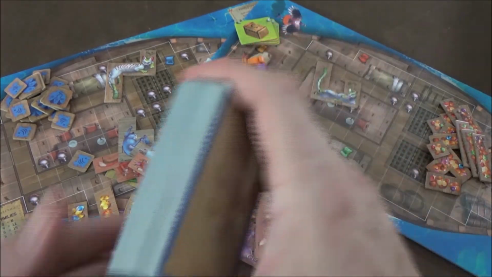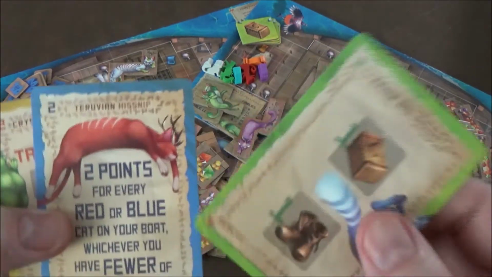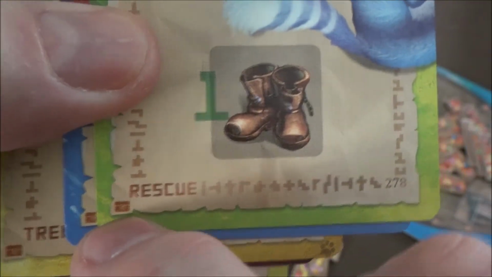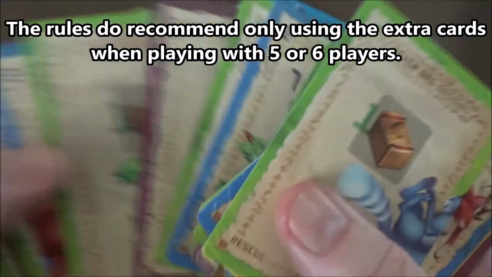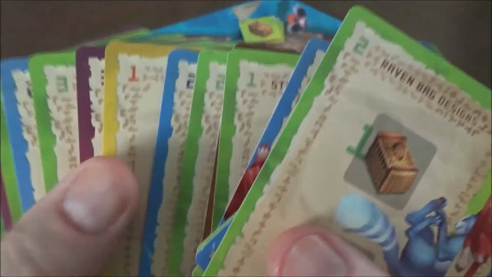And finally we have the cards, and there's 70 some new cards in here. I think there's only 2 or 3 new lessons, so that's something to keep in mind on those. All of the cards from the expansion have the little treasure chest icon in the corner here, so you can find them to remove. This is another one, I'm not sure if you're supposed to mix all of these in permanently or not. I think we're going to do it just because